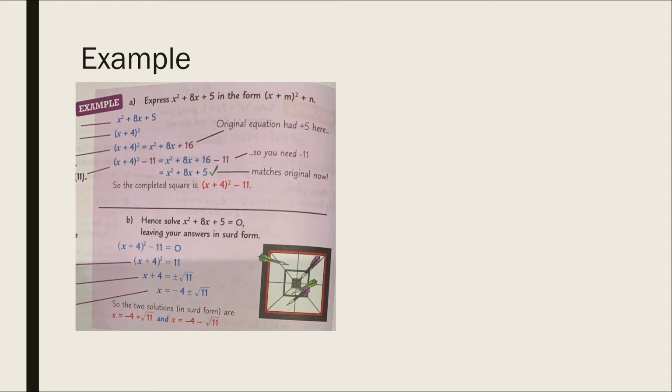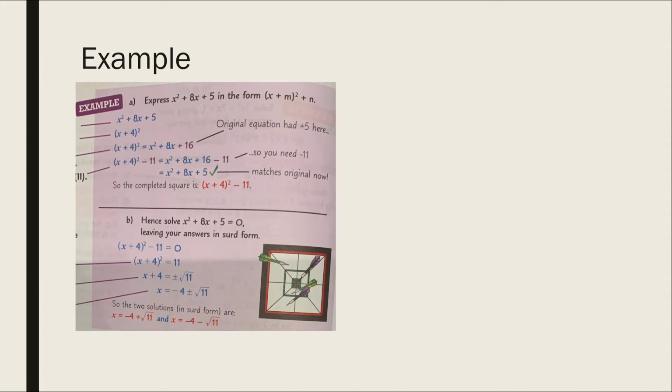So, here's an example. The question is that you need to express the quadratic x squared plus 8x plus 5 in the form x plus m whole squared plus n. Since it's already in the standard form, we don't have to rearrange at all. So we can start off with completing the square. We have x, because it's the root of x squared, and then we want to have half of b, which is 4, since b is 8. After we do that, we multiply out the brackets,